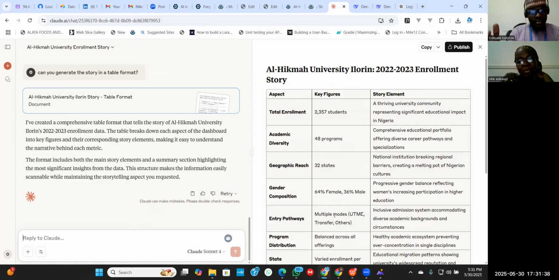So if I want to, maybe you want to change some information from what it's generated, you cannot change it the way you like. But it will assist you to do the storytelling. But this is what you are going to put on the PowerPoint. So you will screenshot the table, the dashboard on the slide. Then you now put all this information on the slide to explain to the management that this is the insight from the analysis.